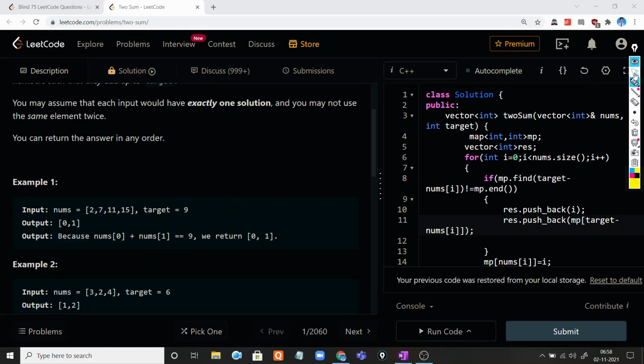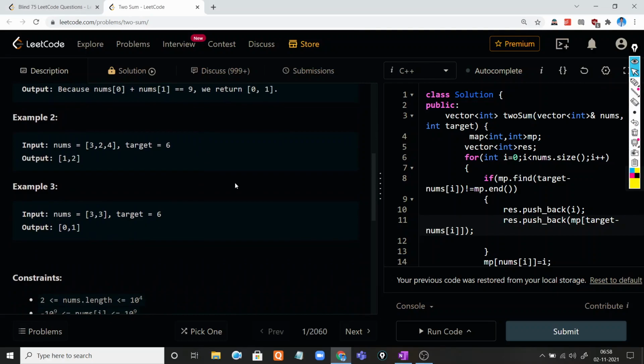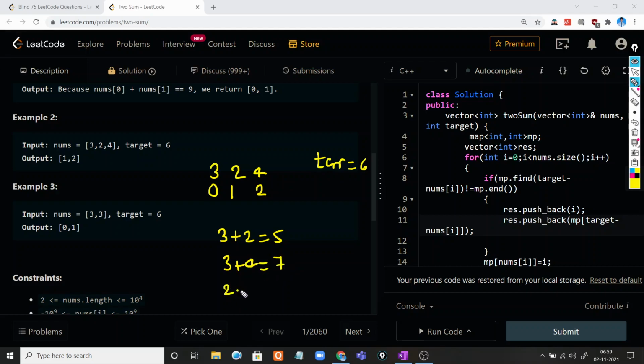Let's move to another test case. In this test case we have 3, 2, 4, and I will put down their indexes here, and here the target is 6. If we add, we face various combinations: 3 plus 2 is 5, 3 plus 4 is 7, and 2 plus 4 is 6.